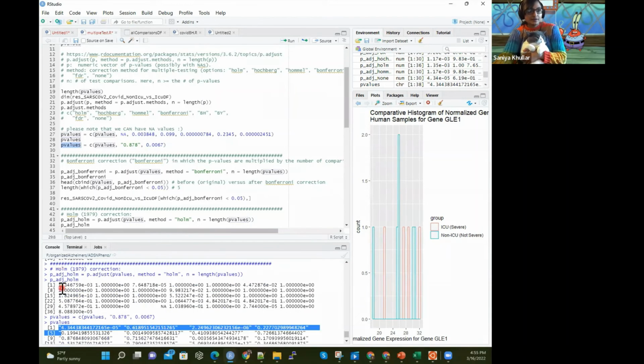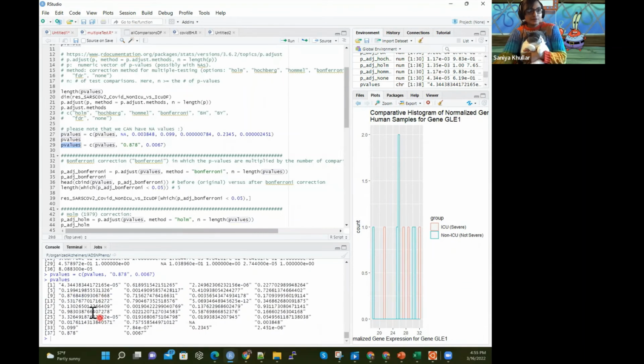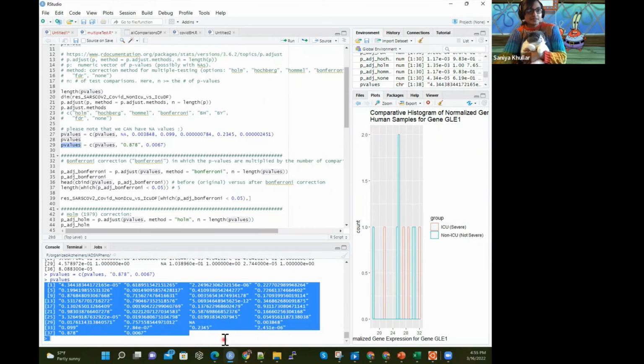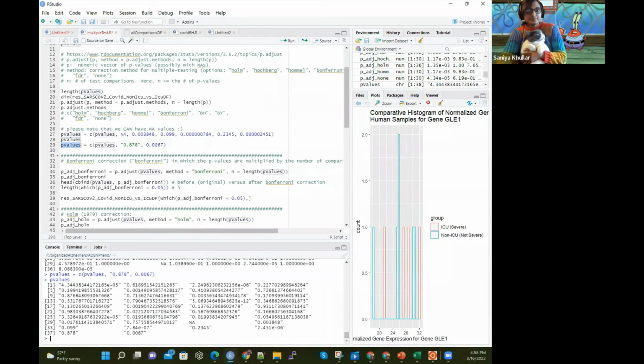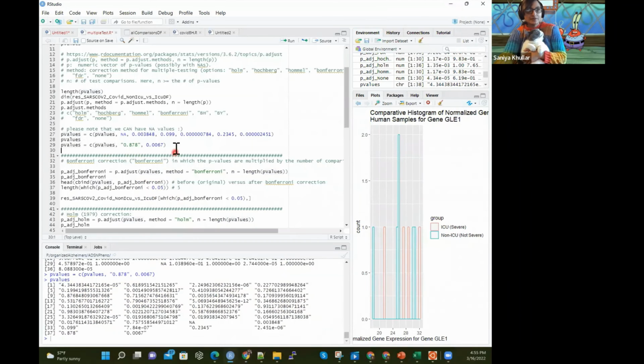Before, it went from here to a bunch of numbers, which can't be good because it needs to be numeric. That is the requirement. So since the requirement is that it needs to be numeric, we just have to do as.numeric to make it numeric. The reason is, if I just stuck with p-values as is, as character,